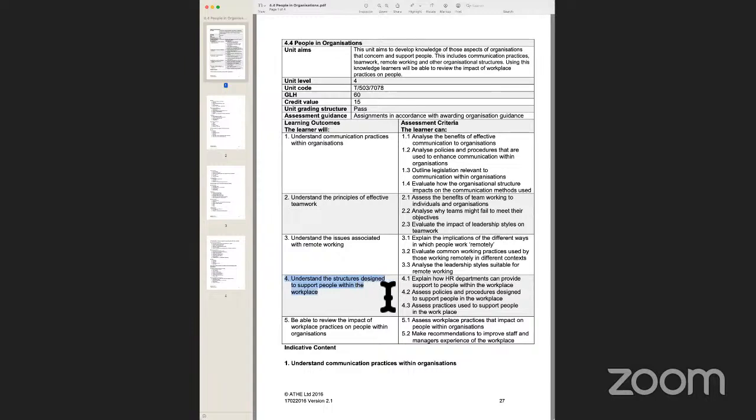So without further ado, let's start off with learning outcome 4 today, which is where we are looking at understanding the structures which are designed to support people within organization. So here what we are looking at is understanding the role of HR, the HR department's roles, look at some of the policies and procedures which HR puts in place, and then also look at some of the practices which sometimes we do see HR putting in place, and how these practices essentially can be used to support people